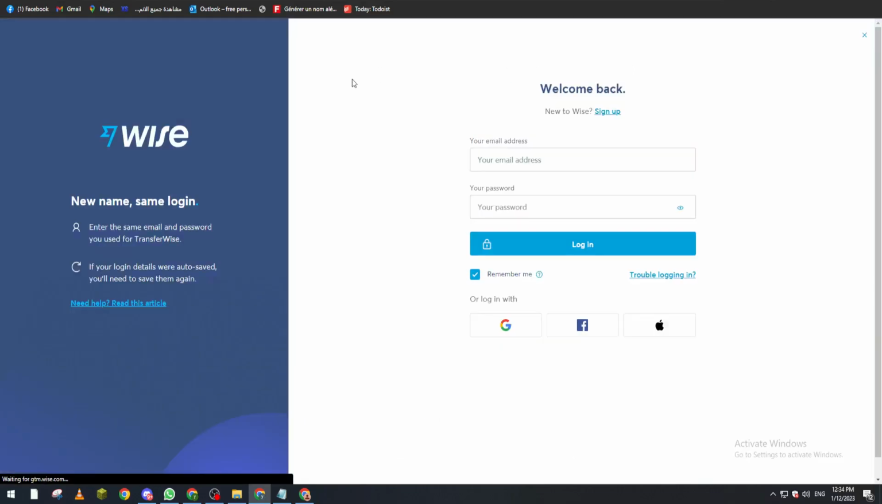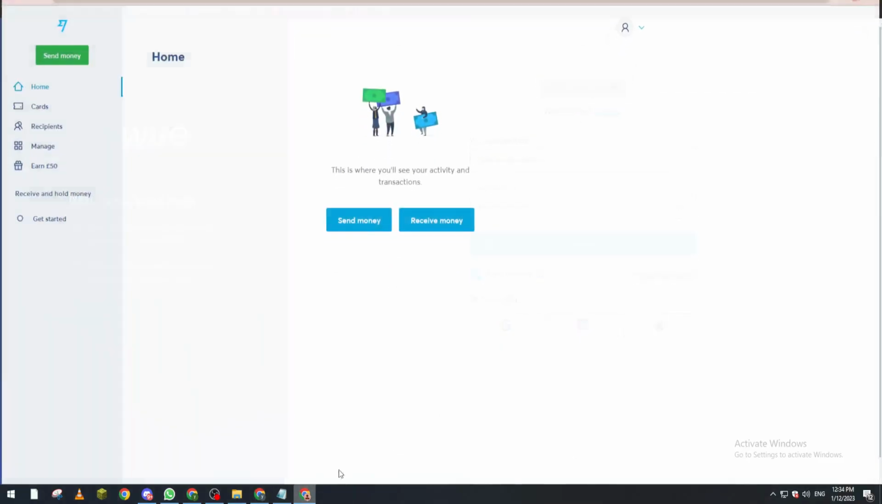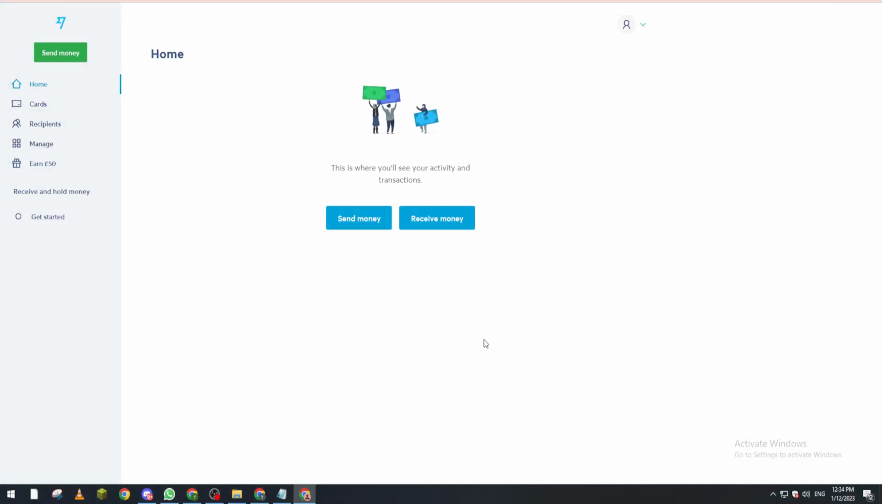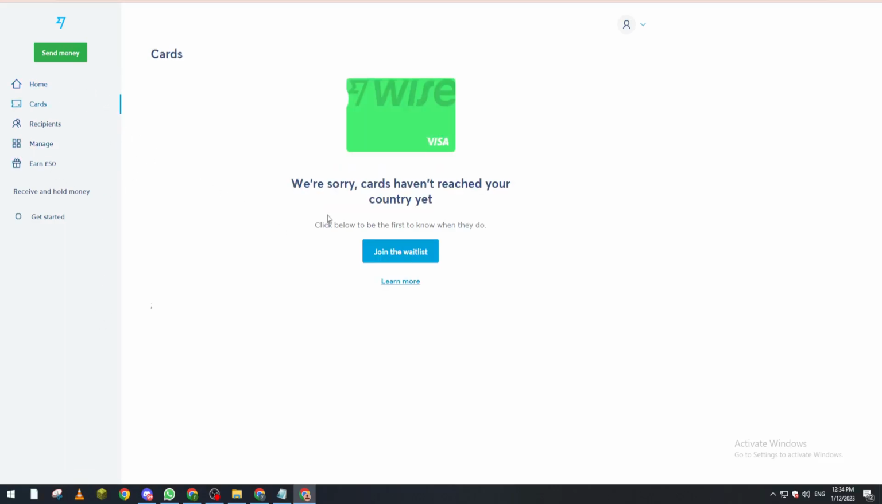So basically I will go to my account, and here I will show you how you can actually get your virtual card. So basically after you open this page or your account, it will be open just like so. Now what you have to do is just ignore this page. What you have to do is go to here to this corner or this menu and click after that on cards. Right after that, if your country actually have the access to Wise cards, you will be able to see